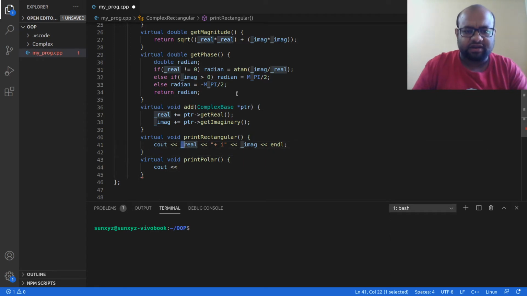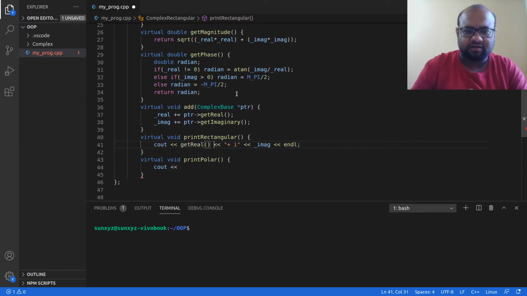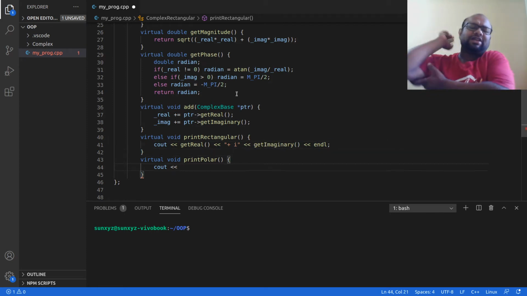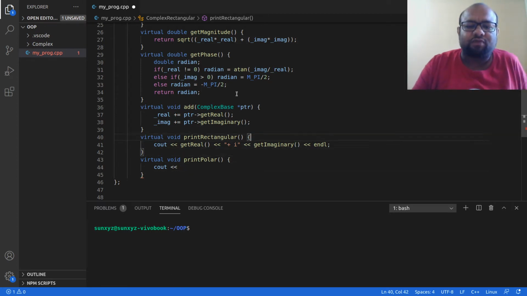Let me do one thing. Instead of directly accessing this attribute real, let me use this function get real, and I'm going to use this function get imaginary. There is no reason why I should write get real and get imaginary instead of accessing these attributes directly, like I was doing just before. But think about it, these functions are going to be available in complex rectangular and complex polar as well.